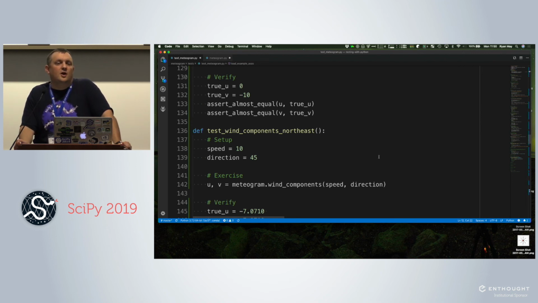You can set fixtures so you don't have to pass them as a function parameter. It's what they call auto-wired, and you can have ones like that as well. I usually go with explicit better than implicit, unless I'm going to be putting it on every function in the file, then I probably want it wired up for the entire module.